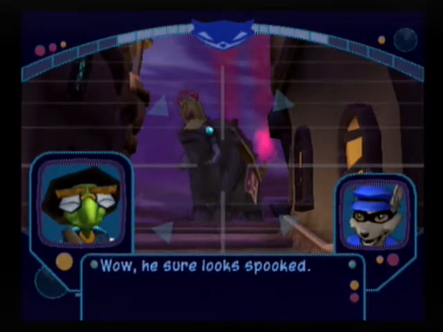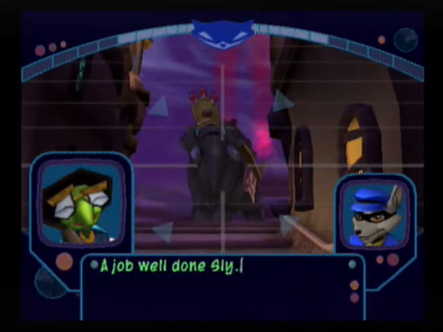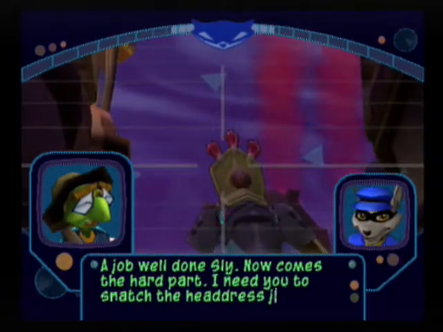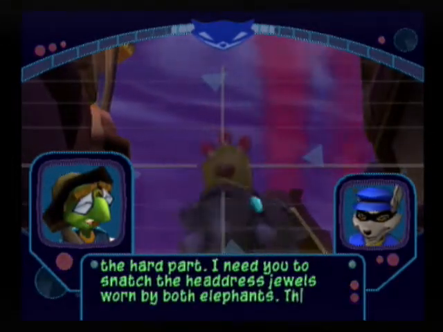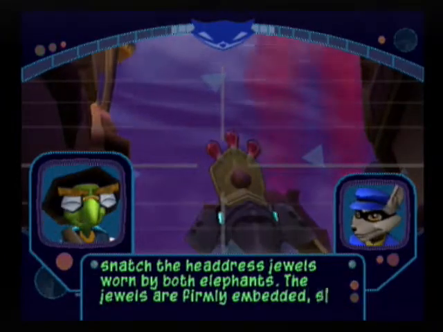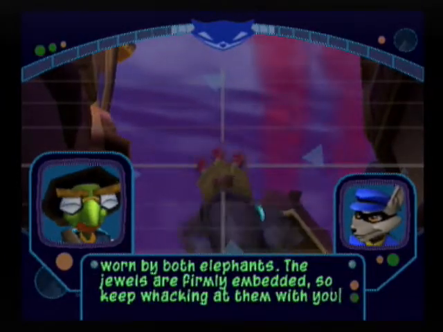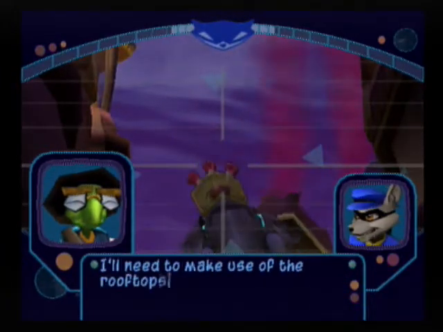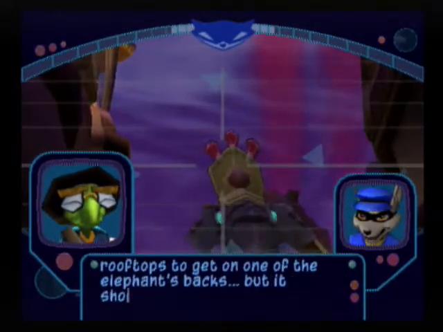Wow, you sure look spooked. Job well done, Sly. Now comes the hard part. I need you to snatch the headdress jewels worn by both elephants. The jewels are firmly embedded, so keep whacking at them with your cane to knock one loose. I'll need to make use of the rooftops to get to one of the elephant's backs, but it shouldn't be